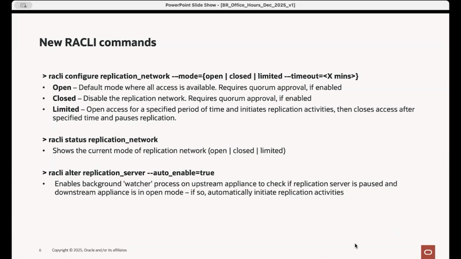And if there is any chance that the network is open and the replication is supposed to resume, this will again make sure that the replication resumes from there. So this is more of a watcher that runs on the upstream. Okay, so next is